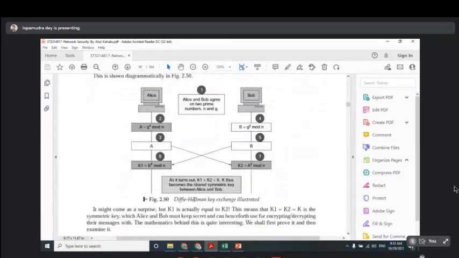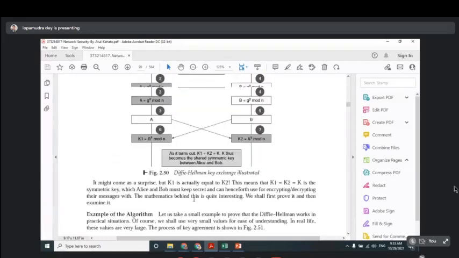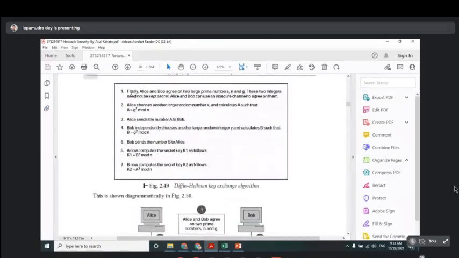Still, we can generate the key at both sides, and the same key can be used for encryption and decryption. So let's take one mathematical example of Diffie-Hellman. Diffie-Hellman is very, very important. You will always get a question from Diffie-Hellman. If you see the last 5 years' question papers, questions will always come from the Diffie-Hellman key exchange algorithm. Either these steps are asked, or some values are given and you need to calculate the keys, or convert the plain text to ciphertext.